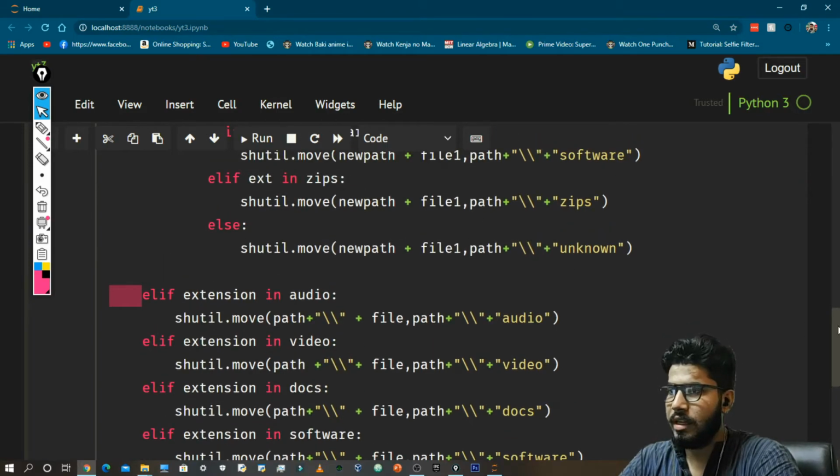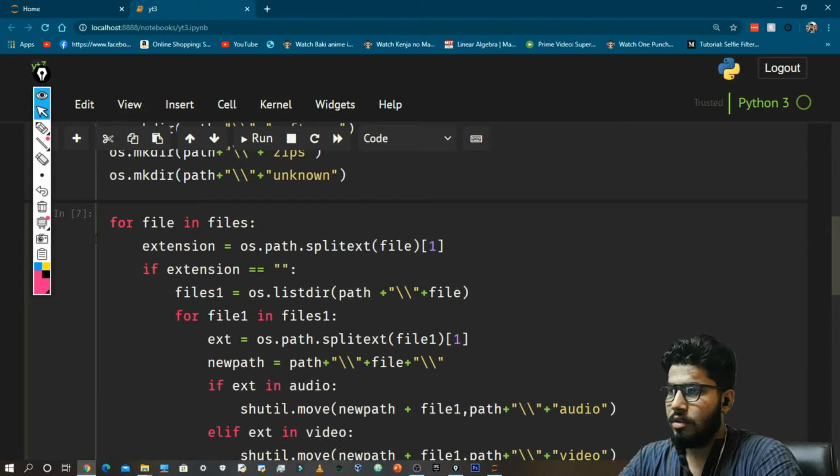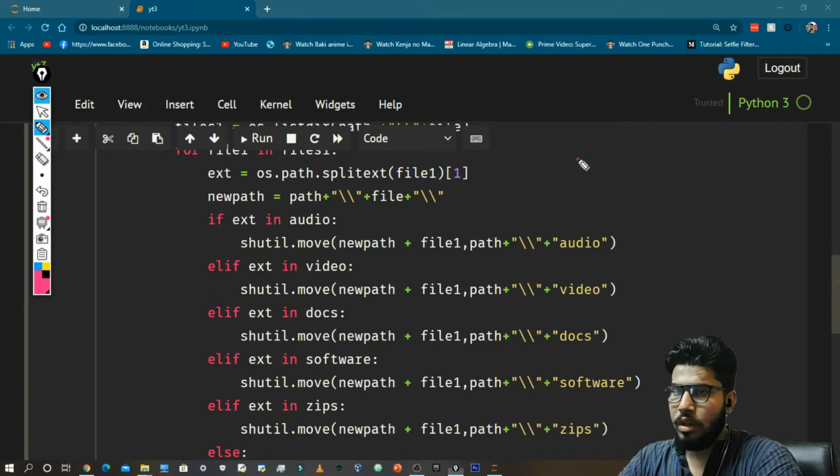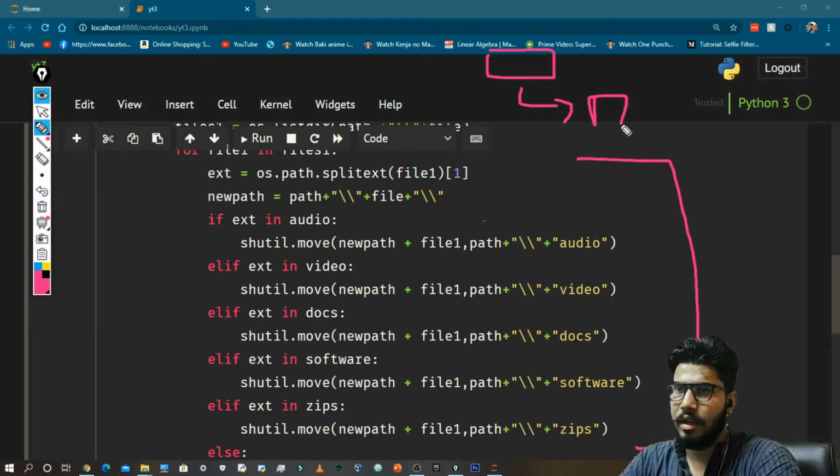So let me just explain what I did here. All these conditions will run when we have a folder inside a folder like this, and all these conditions are going to run for those files in this folder.